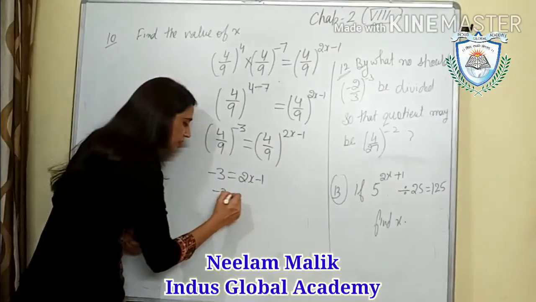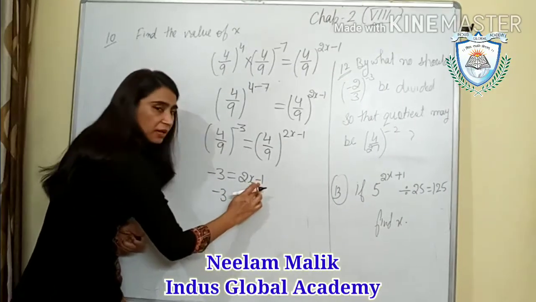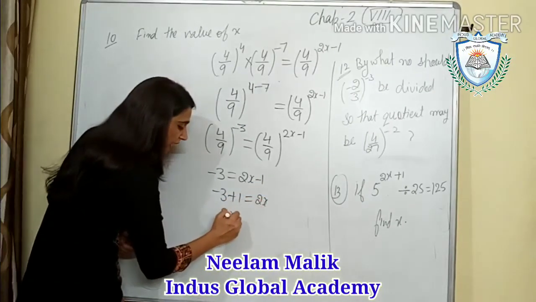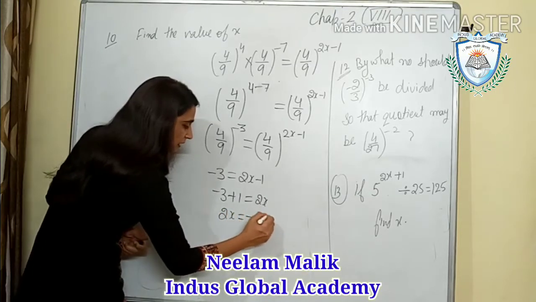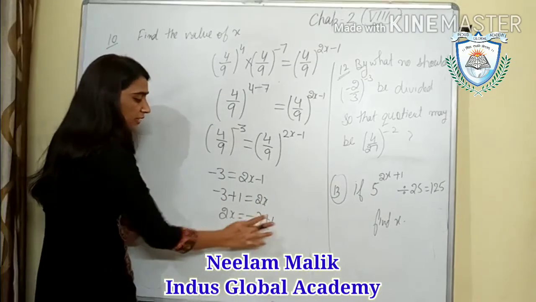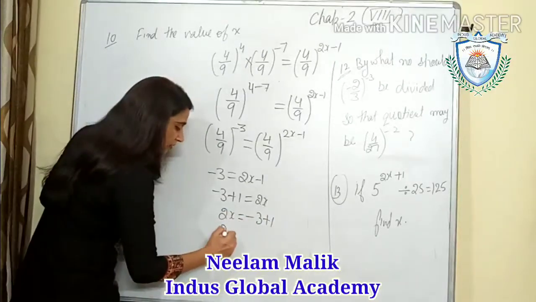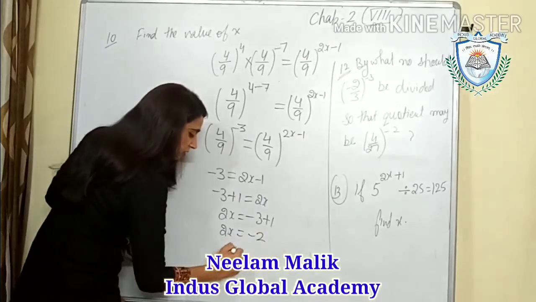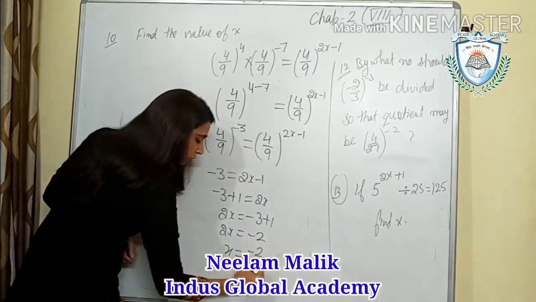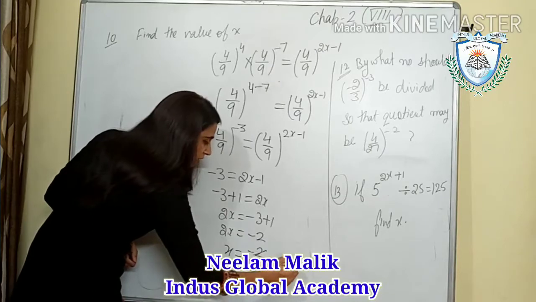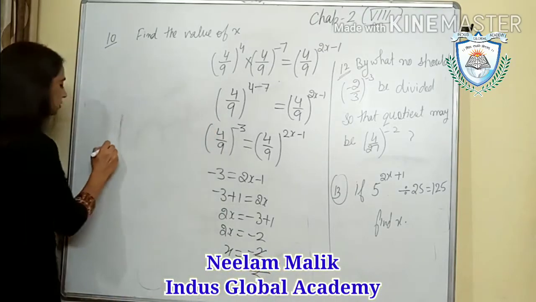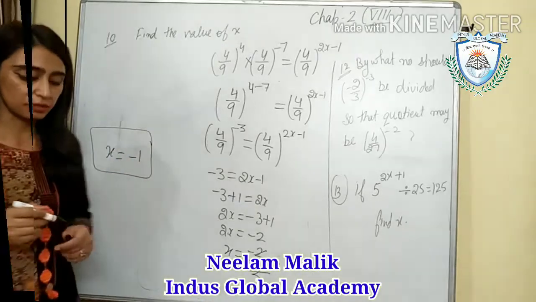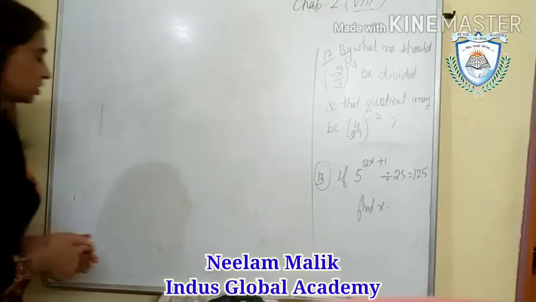Now minus 3, the minus will come here, this is minus, it will be plus, is equal to 2x, or you can say 2x is equal to minus 3 plus 1. Means I put this here and that. Okay, so this is 2x equals minus 3 plus 1, that means minus 2. x is equal to minus 2 upon 2, this 2 will go there, so x is minus 1. So our power is x, sorry, the value of x is minus 1. Minus 1. Now we will do question number 12.